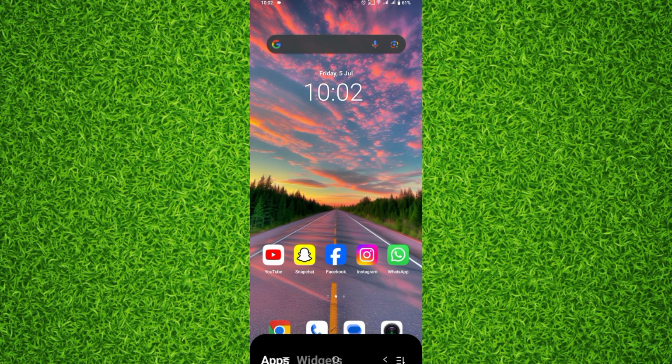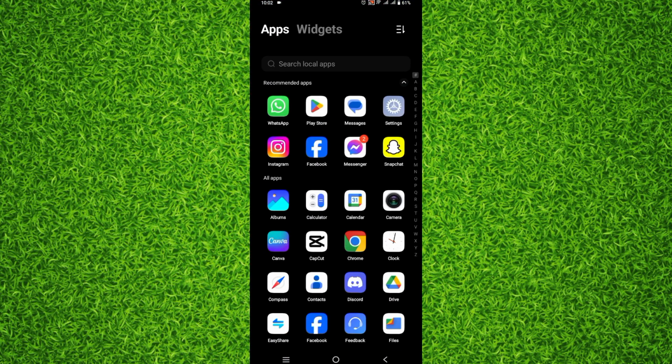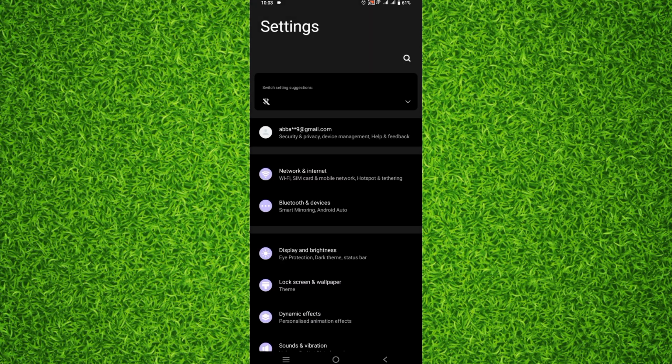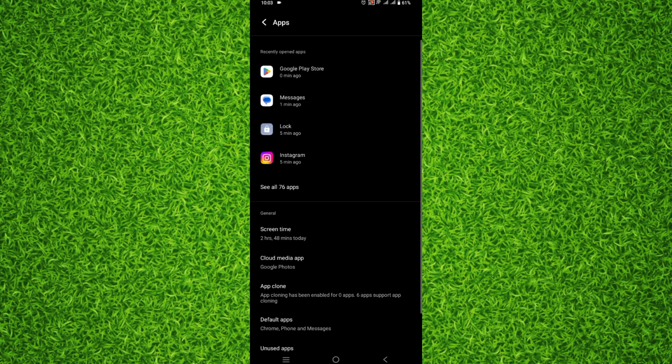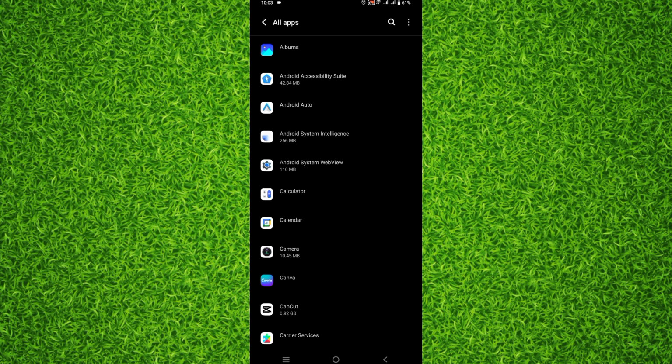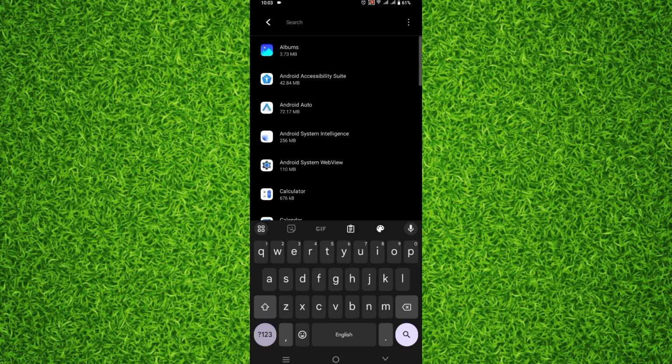But in some cases you have updated your Google Chrome browser from Play Store, but you still don't have access to the latest features, and in that case you'll have to head over to the settings of your Android and then go to the apps section, and after that you'll have to tap on see all apps, and right here you'll be able to find all the apps that have been installed on your phone, and you'll have to look for Google Chrome